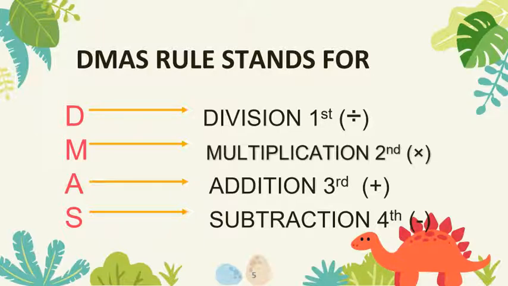By using this rule, everywhere in the world if a question is there in which more than one operations are there, everyone will use this rule to solve that question. So you must know that, and it is not necessary that in the question it will be given to you that you have to use the DMAS rule. No. If you see more than two operations in one question, you are going to use this DMAS rule. So let's practice some questions of the DMAS rule.